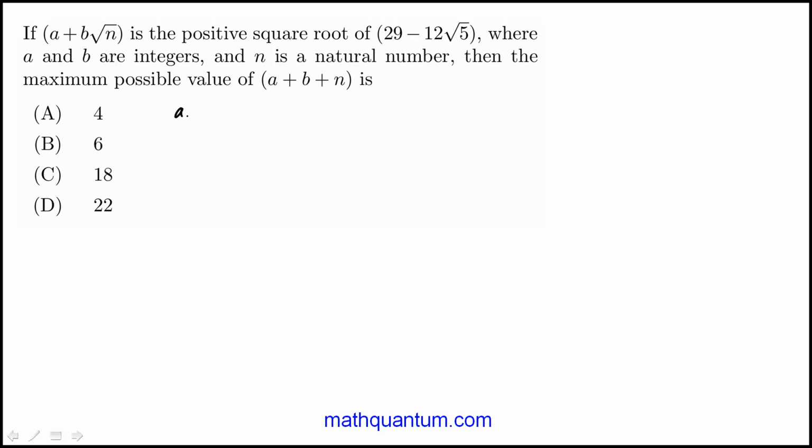So this is a hard question and does require a little bit of trial and error, and you do have to kind of use the answer choices here. So we're told that this is the positive square root, and so we just have to make sure that this is going to be a positive number. That's one constraint. And so the way we can figure out this relationship is we can square both sides,